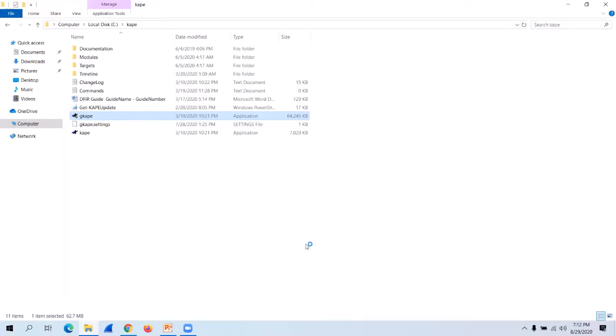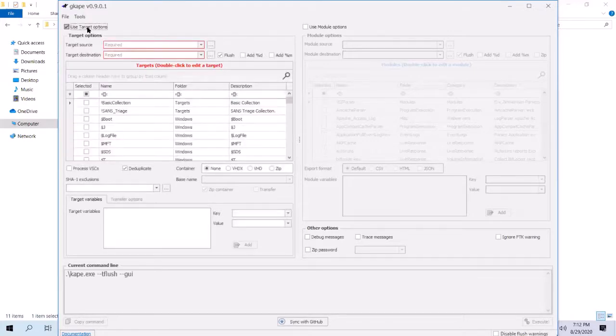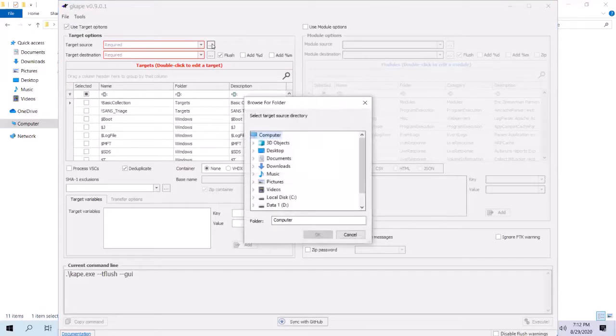Using the API of your EDR solution, you can bulk deploy it around your organization and get the outputs you want from it. First of all, it's very, very simple. You have to select the target options. What is a target option? Target means you have to mention here a source. Source means it can be C drive, okay? It can be a particular image you have collected from a system, like with FTK Imager.